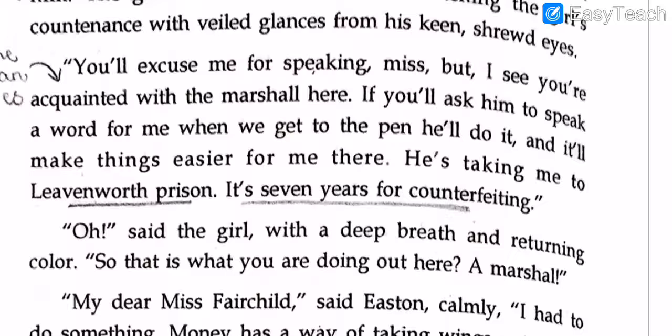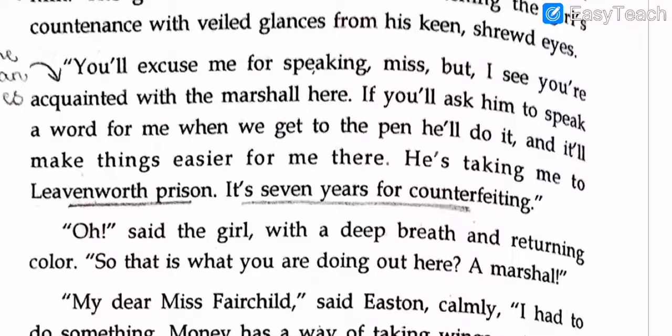Easton is also trying to impress Miss Fairchild, saying that, hey, I know it's not exactly as high as an ambassador, but it's almost like when I get first position in a great competition, I know it's a big deal. I got first place, but I'm just like, yeah, I only slept at like 1 o'clock, not a big deal. Similarly, Mr. Easton says that, yeah, it's not as high a position as that of an ambassador, but it's still a marshal. So then Miss Fairchild says, "The ambassador," said the girl warmly, "doesn't call anymore.